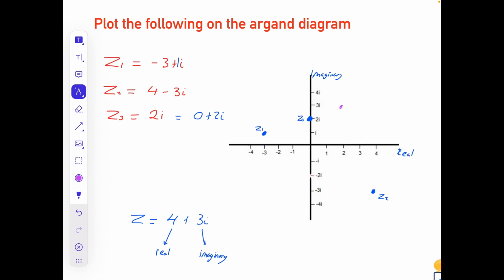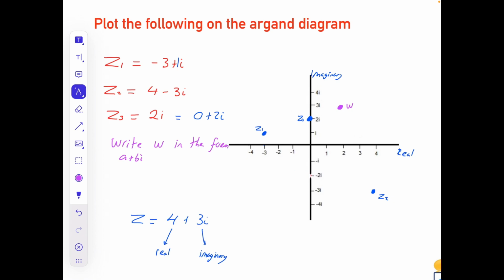There's just one other way that can come up. We could be given this point here, and we're going to call it W, just because that letter is sometimes used in complex numbers. And it could be, write W in the form A plus BI. All that is asking you, in very complicated mathematical language,